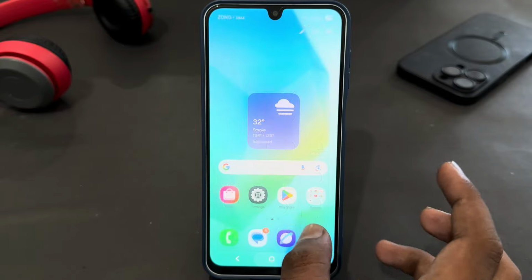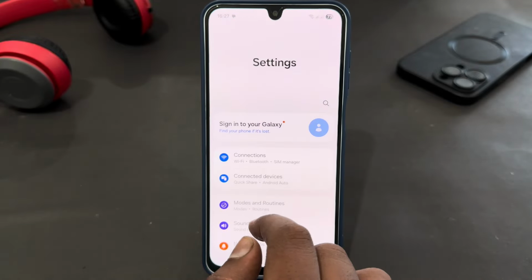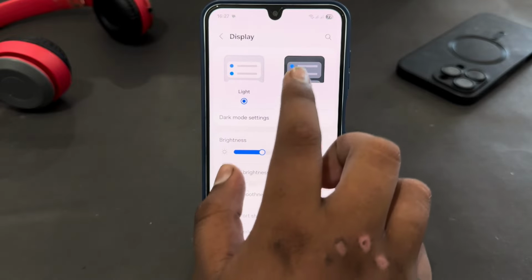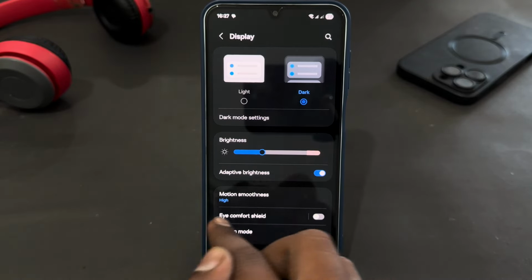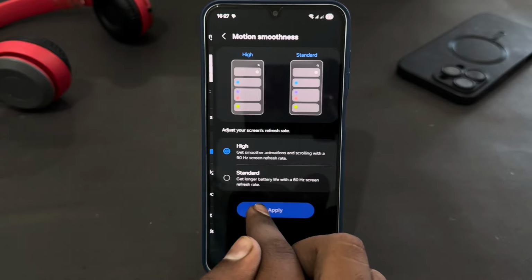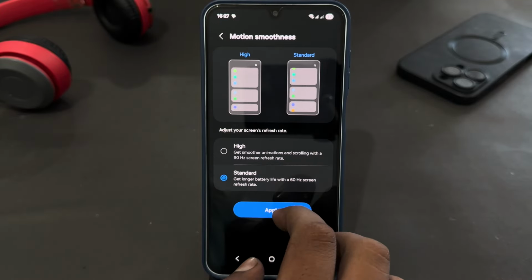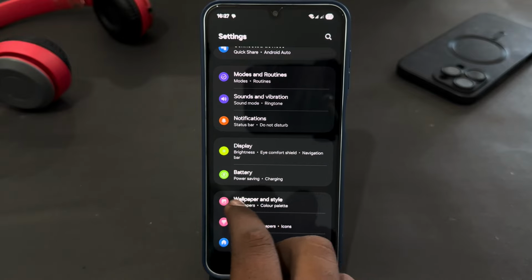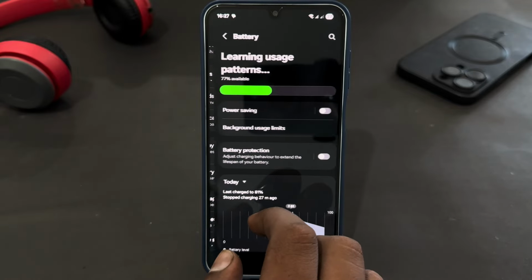And after doing that, just go back and go to the Settings app, and here first of all just open Display, and then select dark mode. From here select high motion smoothness. From here just select the standard option, then tap on Apply, go back, and here just go for the Battery option,